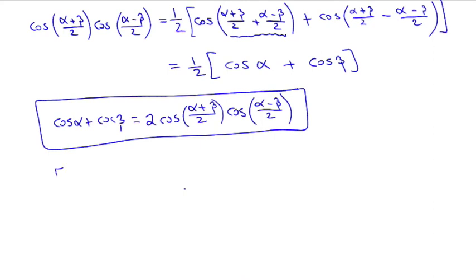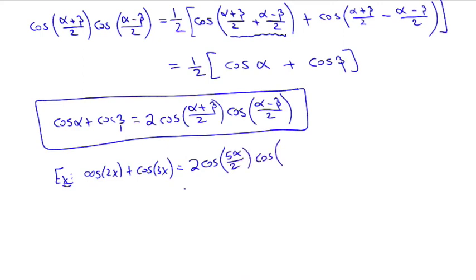If this is, for example, cosine of 2x plus cosine of 3x, it becomes equal to 2 times cosine of 2x plus 3x all over 2, so it's 5x over 2, times cosine of x over 2. Because then you would subtract it, big one minus small one, and you get x over 2. So we've changed a sum into a